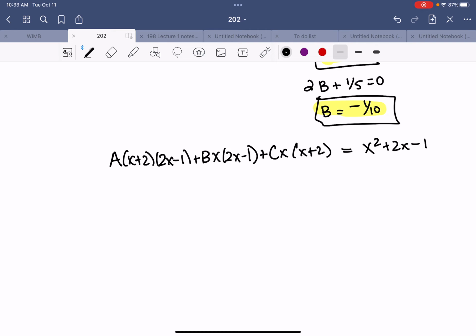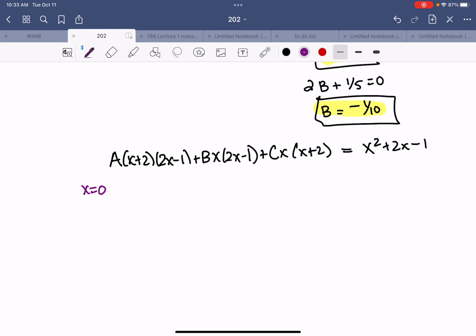Okay. Now, the thing is that this has to be true for any value of x, right? So if I plug in a value of x, this has to hold true. So I can make some smart choices for x, and then we'll see if I can get answers, right? Quicker answers. So I'm going to choose x equals 0, and I'll let you think about that for a second,